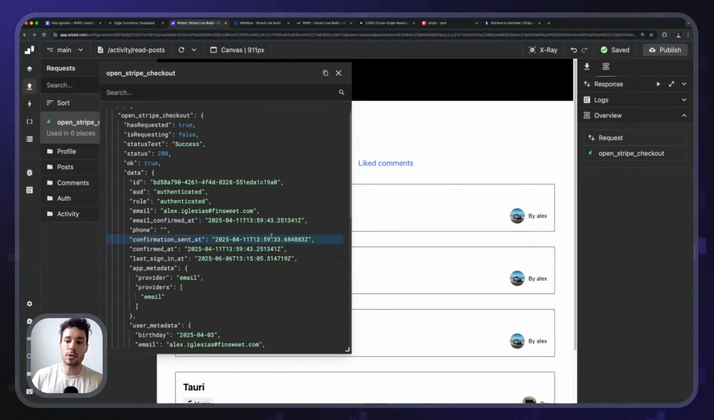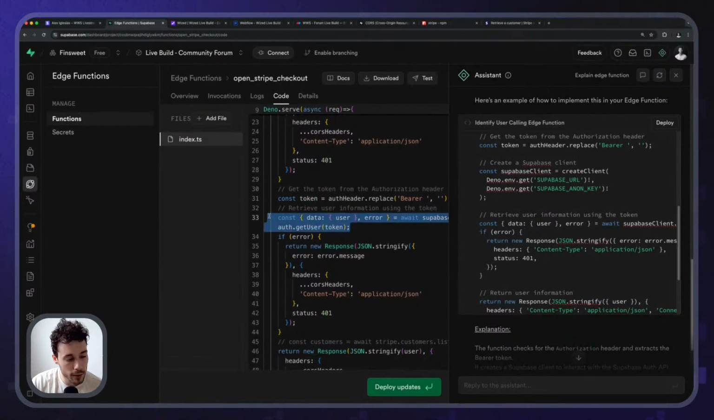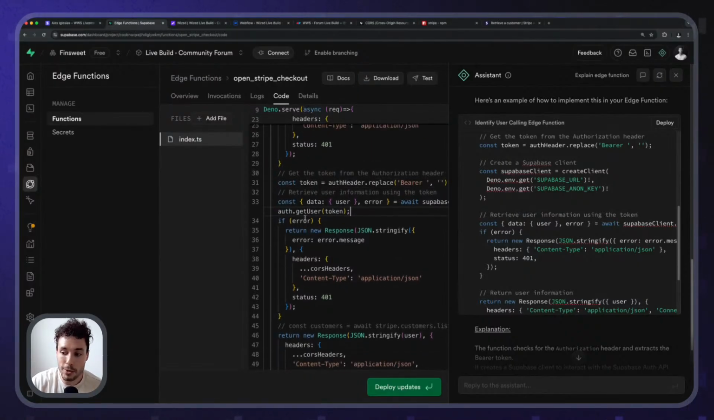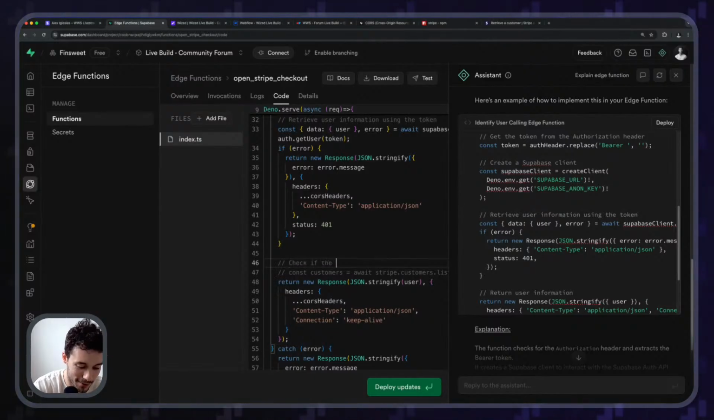All right, cool. So as you can see here, now when calling this edge function, we are sending the access token to Supabase, which is handled automatically by Wized. And in the edge function, we are getting the token, this access token, and we are able to identify the user who is making this call. And because now we can identify the user, we can use this user info to finally check if the user has a Stripe